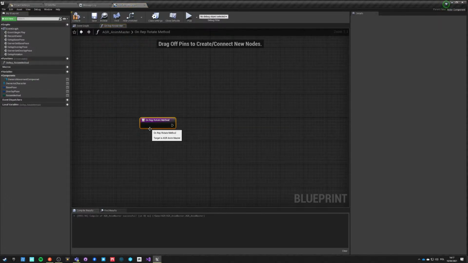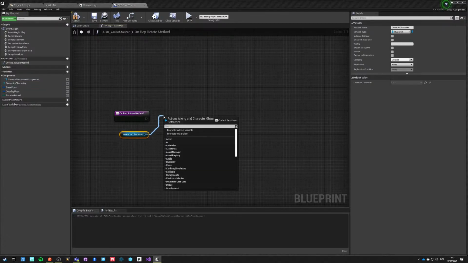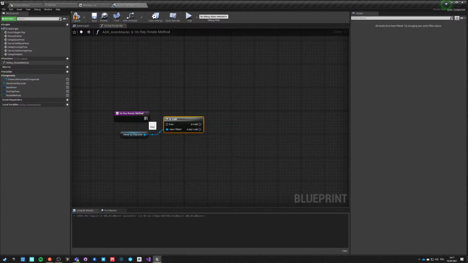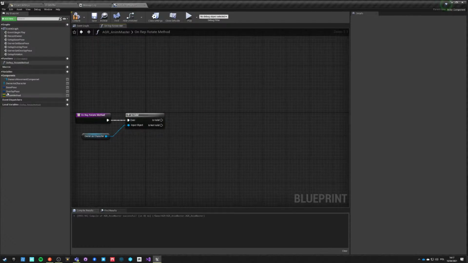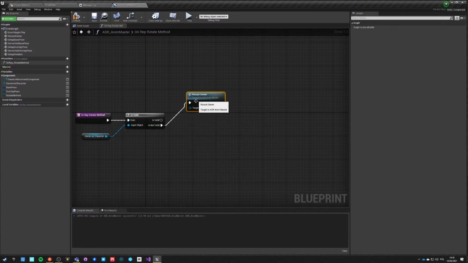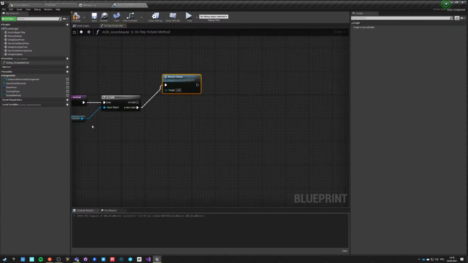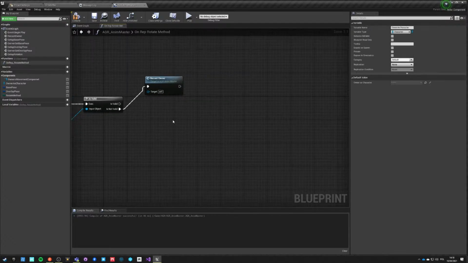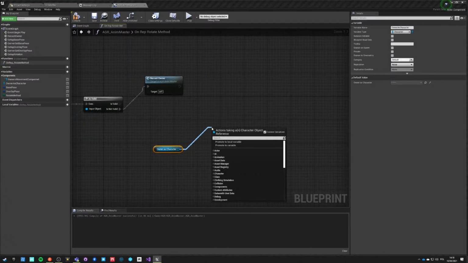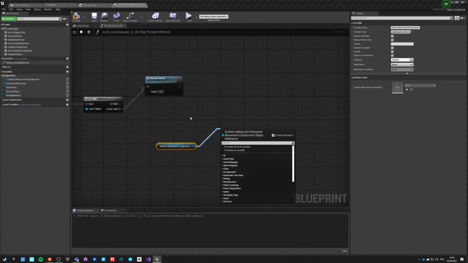So this will get owner as character and say valid. If it's not valid, then recast owner, and if it is valid, then you just take this owner as character, and you know that this movement component is valid as well, and you can do